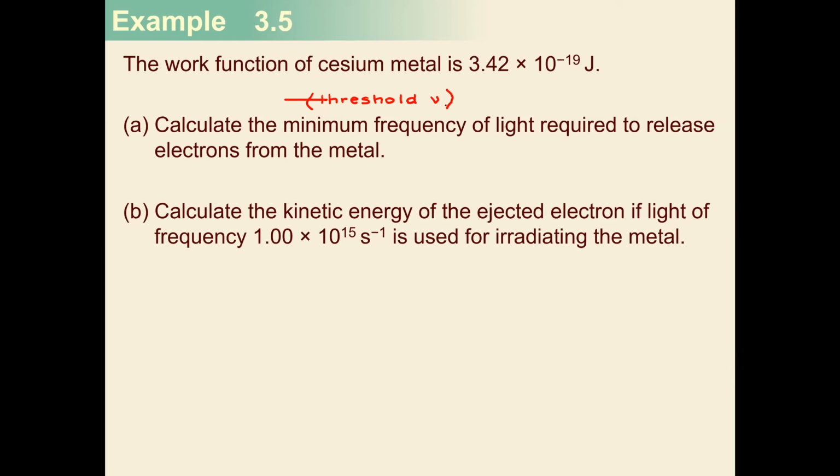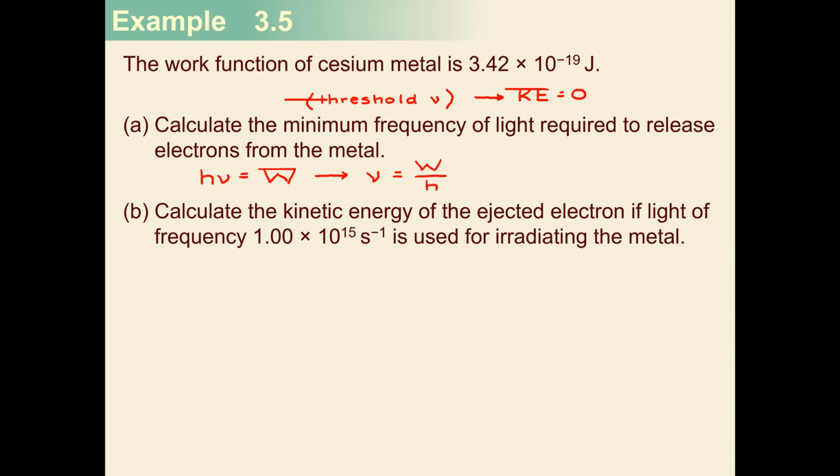So what does that mean? If we're looking for the minimum frequency or the threshold frequency, this means that our kinetic energy is going to be equal to 0. We don't have any electrons moving yet. So what does that do for us? Well, we can now say that our incident light is equal to our work function, that they are equivalent to each other because we have no kinetic energy. So what we can do is then say that our frequency is equal to our work function divided by